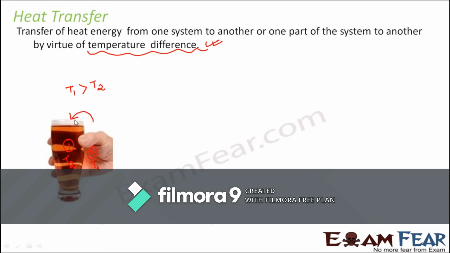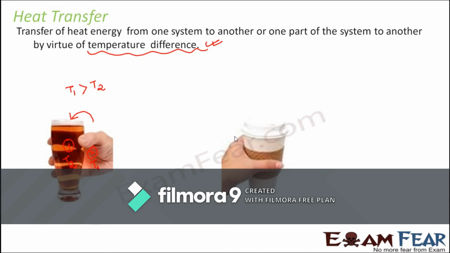So therefore your hand is actually losing heat. When you lose heat, what happens? You tend to become colder, and that is why even after you leave the glass, your hand has become colder, because it has lost a lot of heat to the glass. And if you touch the glass now, it will be comparatively a little more warm than before.